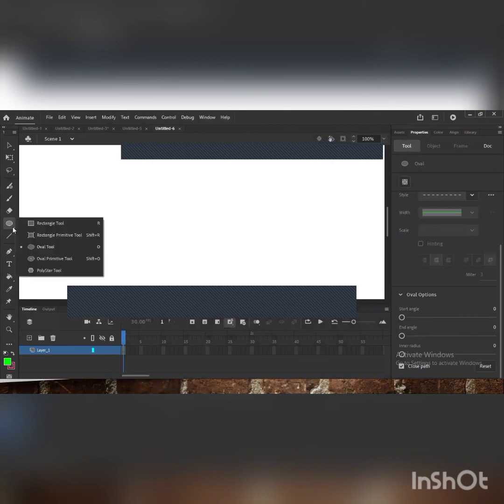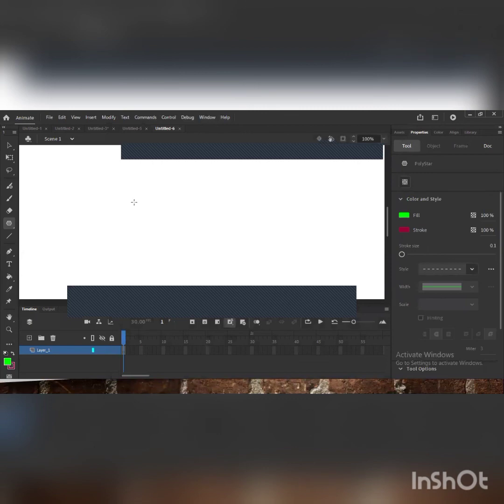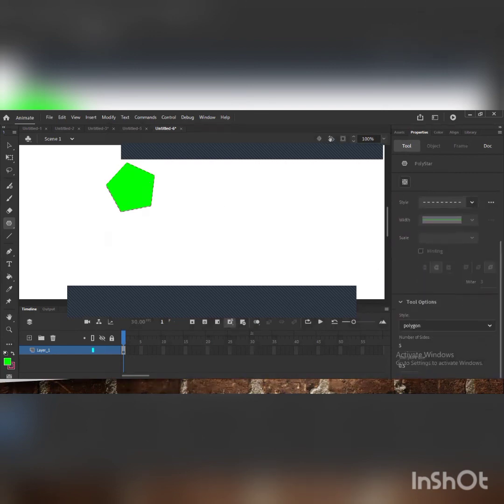Just right click on this option and choose polystar. With the mouse left click, hold down your left click and draw your shape. If you want to increase or decrease the number of sides, like here in my polygon, 1, 2, 3, 4, 5 sides are here, go to the tools option, and under this style you can see there are two options.